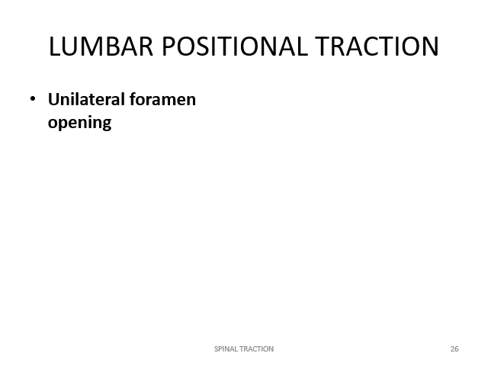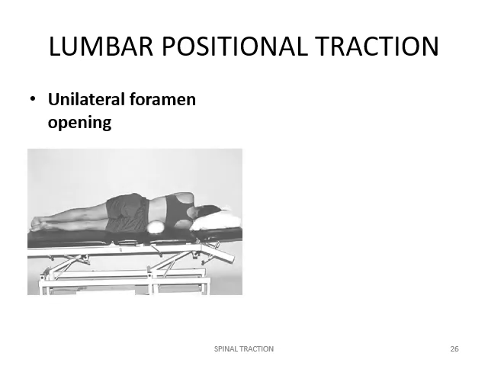The previous technique was for bilateral intervertebral foramen opening. This technique is for unilateral foramen opening. The greatest unilateral intervertebral foramen opening occurs by positioning the patient in side lying with a pillow or blanket roll between the iliac crest and the lower border of the rib cage. The side on which increased foramen opening is desired should be superior. The roll should be close to the level of the spine where the traction separation is desired.